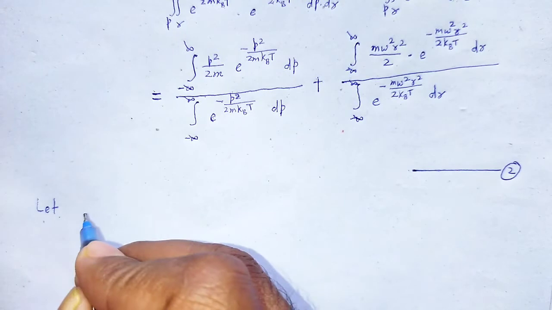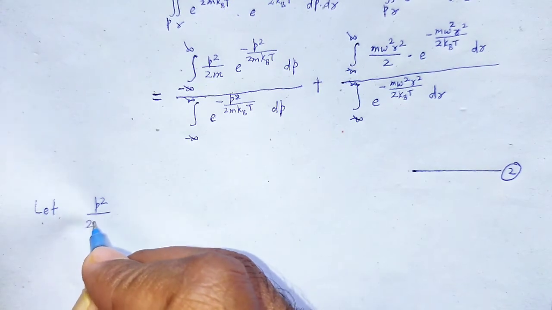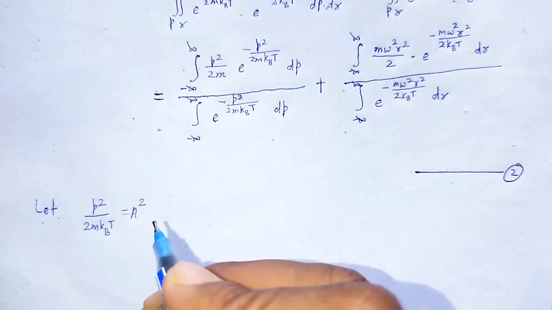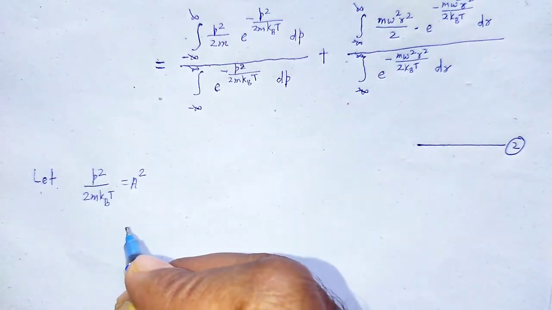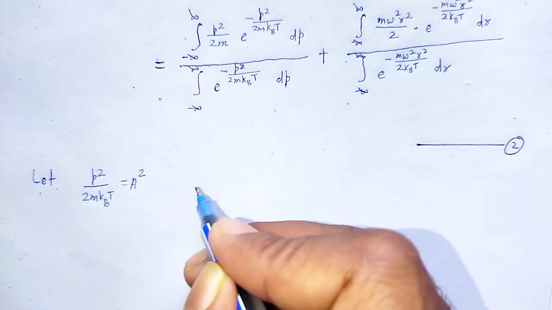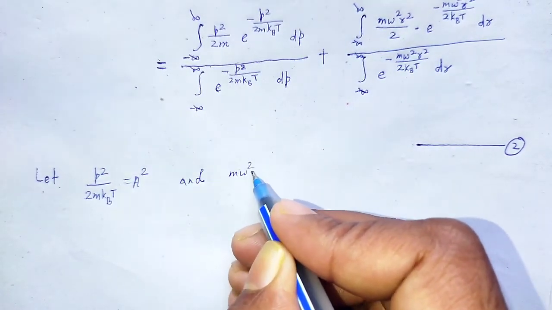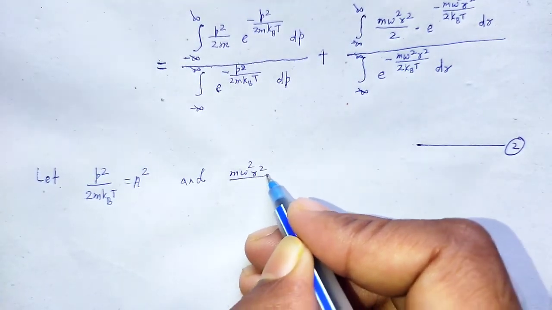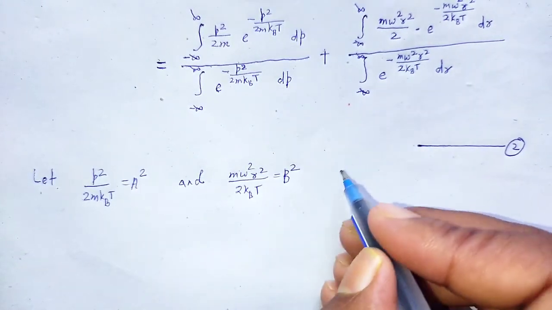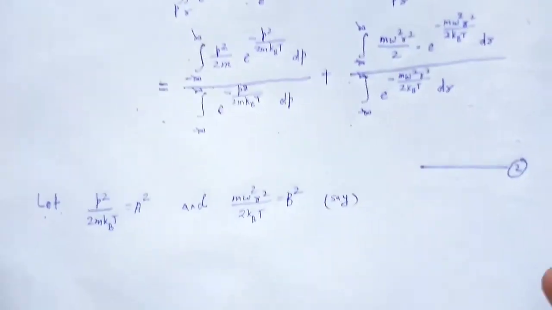Let us use the substitution p square divided by 2m kBT is equal to a square, and m omega square r square divided by 2 kBT is equal to b square, we assume. So equation number 2 becomes,